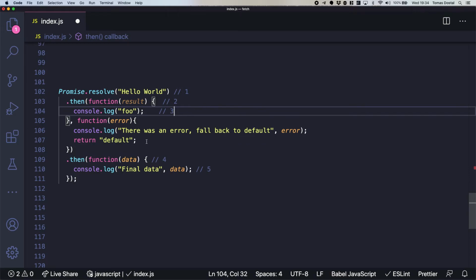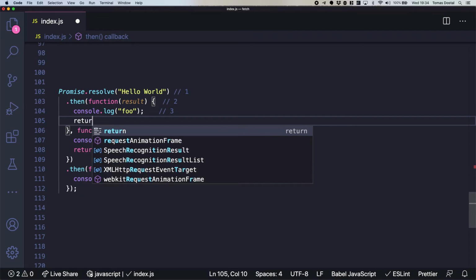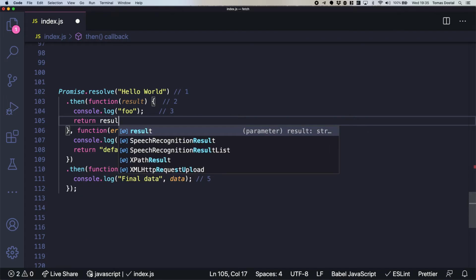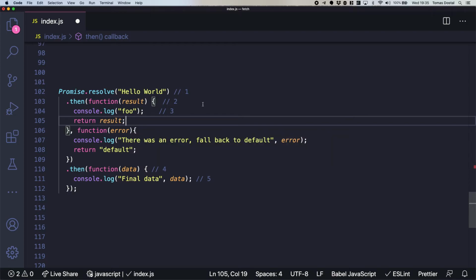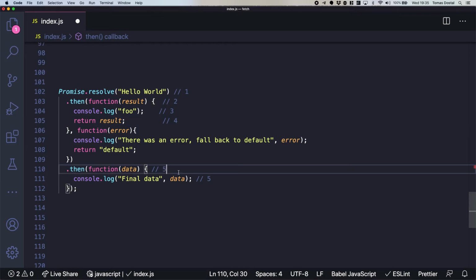So if we want to actually get the hello world to here, we will have to add a return in here. Does it make sense?